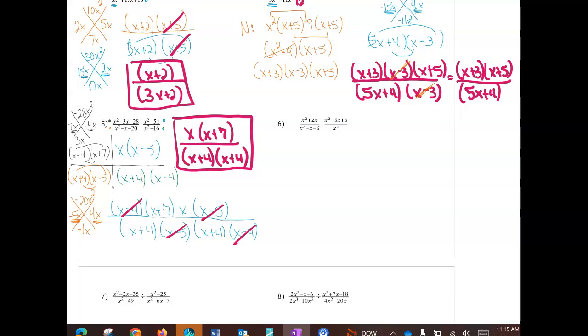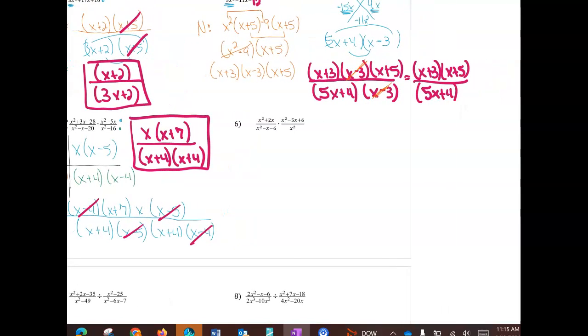All right, number 6, same idea. I'm just going to make this little box. So starting with my top left numerator, I see a GCF of an x, which I can't factor anymore, and x plus 2, which I can't factor anymore. My denominator,